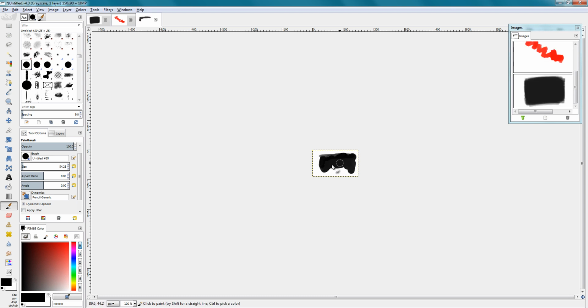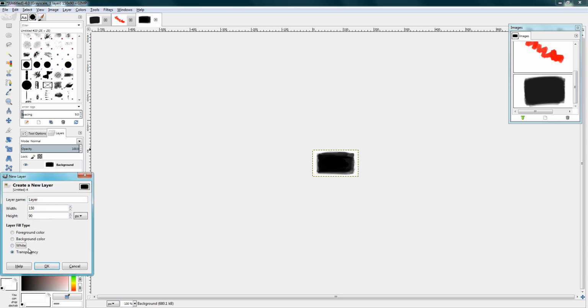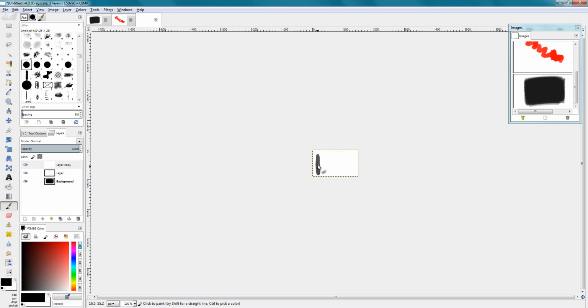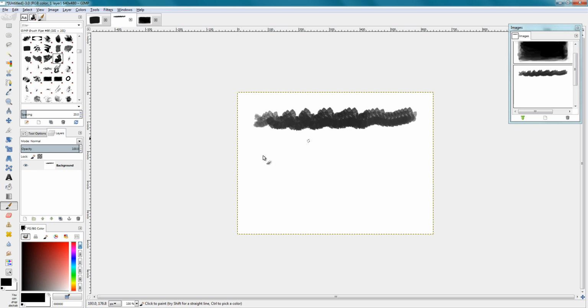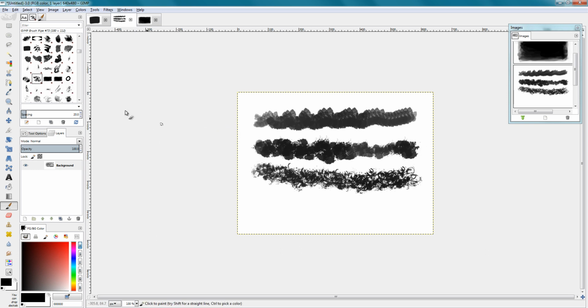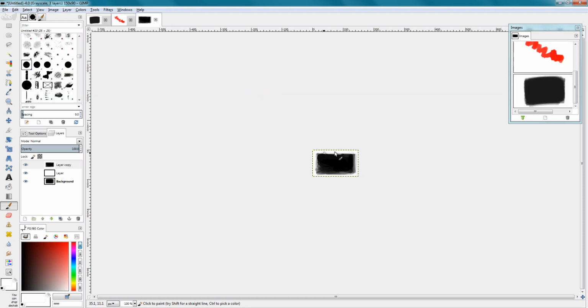This is going to be an animated brush, which means that you make several layers that are slightly different from each other, and then as you're painting, the program will cycle through those layers randomly instead of stamping the same image over and over again. So a static brush might look something like this, but animated ones add a bit more variation. I'm adding some random fringe and textures along the edges